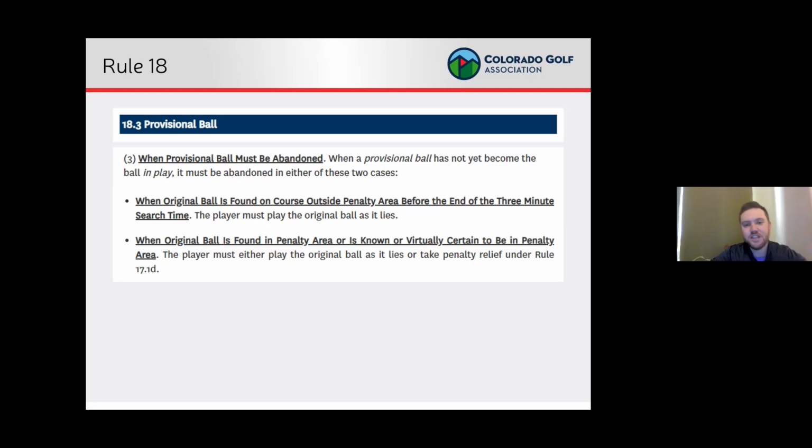Again, this whole thing is taking out penalty areas. When we talked about the ability to even play one, it kind of syncs up here, right? Because it says you can play one if the ball might be lost outside of the penalty area. And even if you do, the provisional must then be abandoned when it is known or virtually certain to be in a penalty area. And again, you play the ball as it lies or take relief under any of the options of Rule 17, depending on yellow or red or drop zones or where the ball crossed. Again, it's giving you commands here. The provisional must be abandoned, and the player must either play the ball as it lies or must take penalty relief under